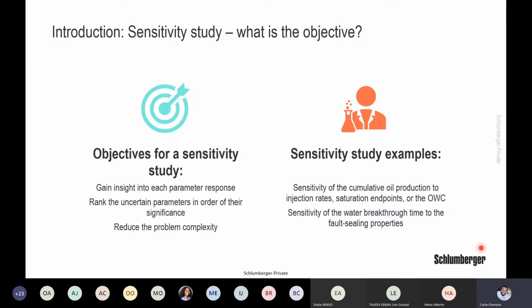In the sensitivity study, one might ask, what is the objective of the sensitivity study? The sensitivity study is used to gain insight into each parameter's response in our model, in which we will rank the uncertain parameters in order of their significance, meaning that the parameters that impact the most are going to be on the top rank of our tornado plot, whereas the parameters that don't impact the model much are going to be at the end. With that, we try to reduce the complexity of our problems,